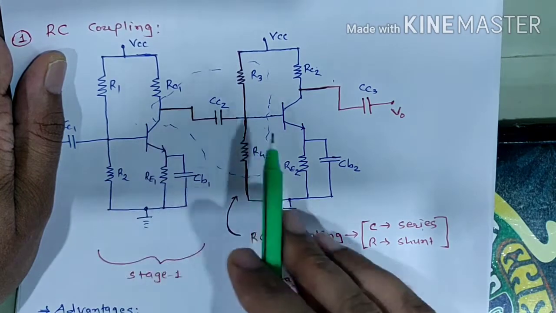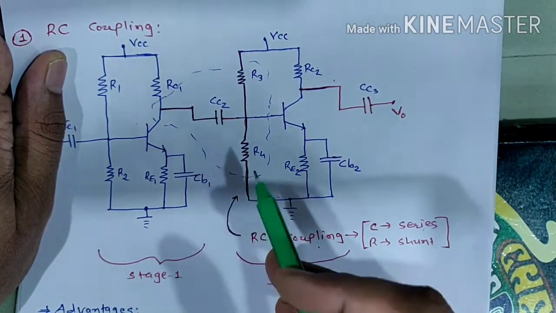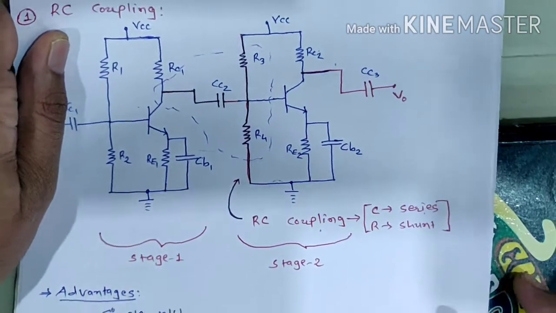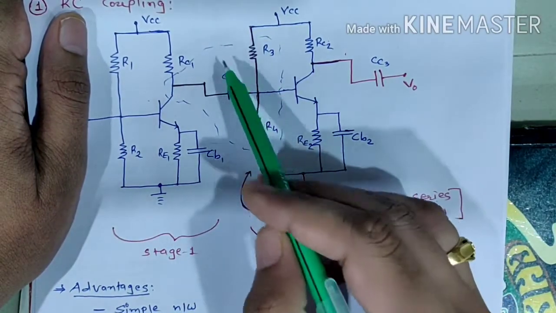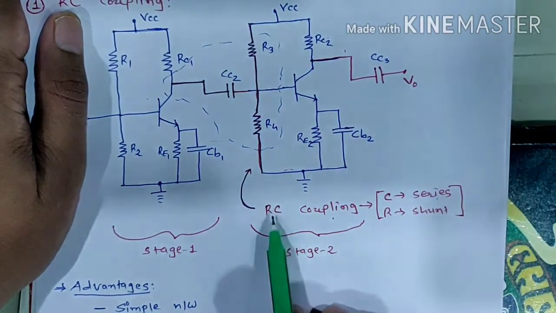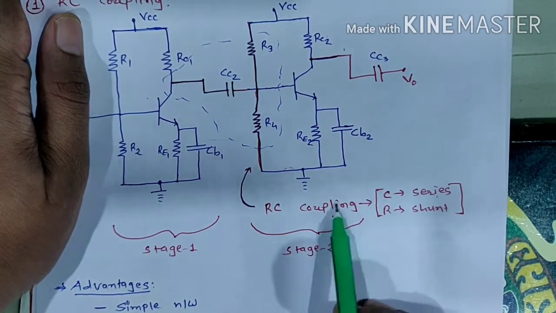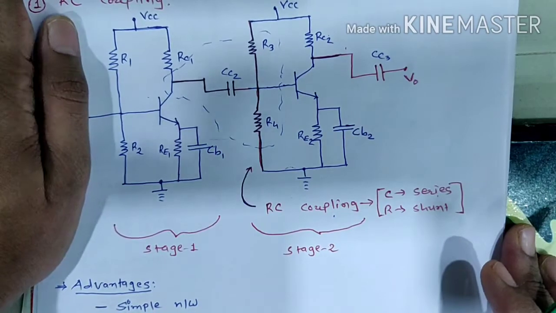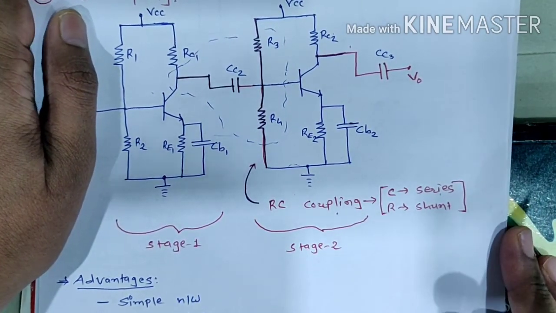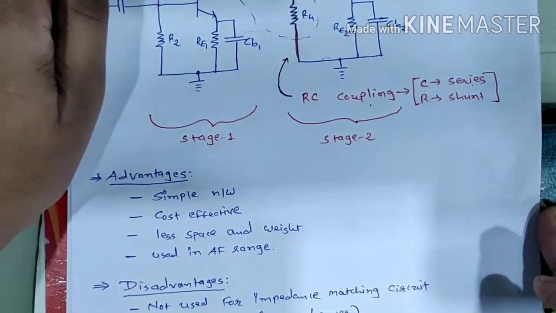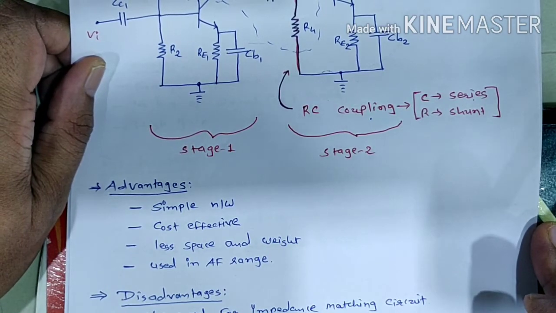and this will prevent some of the output of the first stage from entering the input of the second stage. Due to the resistor and capacitor, the two components form RC. That's why its name is the RC coupling. Now let us discuss, if we connect our multi-stage amplifiers in this format, what will be the advantages and disadvantages of this particular type of coupling.